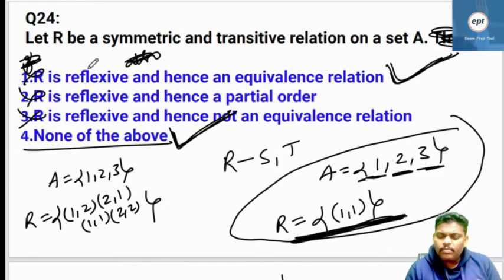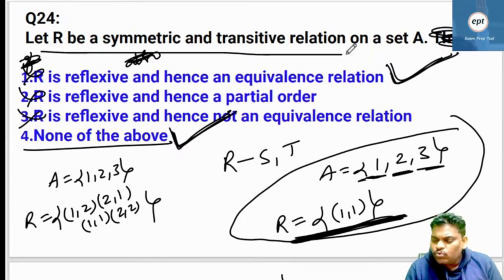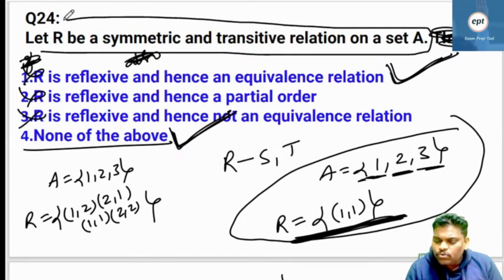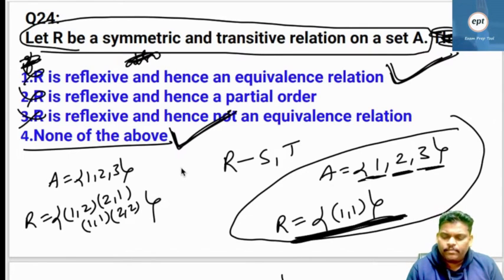Right, fine. Remember, no need to misunderstand the problem. These two being true doesn't mean that it is reflexive. Just remember, right? Directly, indirectly, I want to say these two are true, it doesn't mean that it is reflexive. R is symmetric and transitive, then R is reflexive and hence equivalence relation. So I cannot comment on this. If equivalence, then these three should be satisfied.